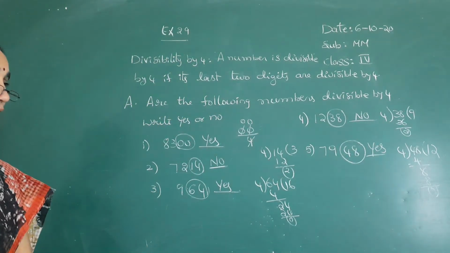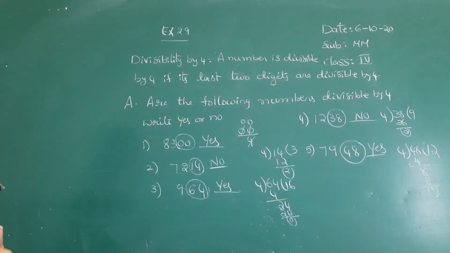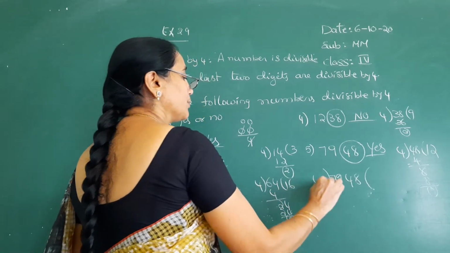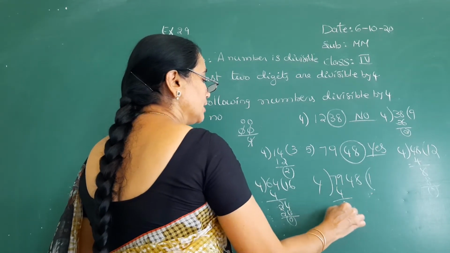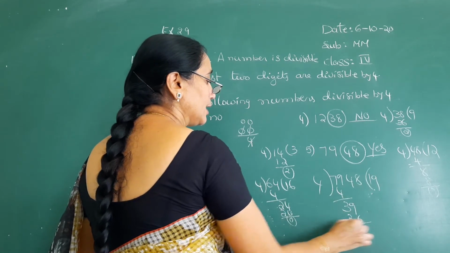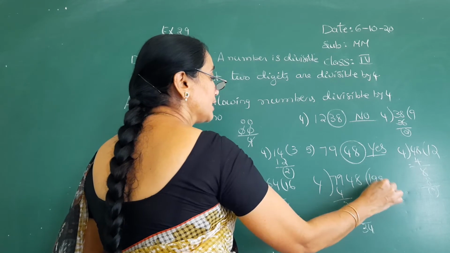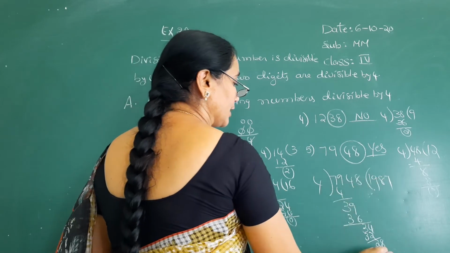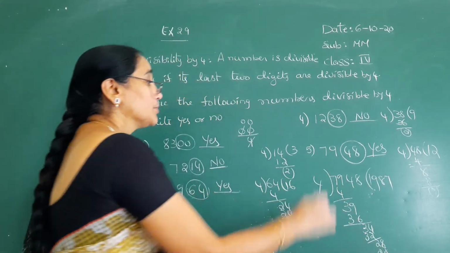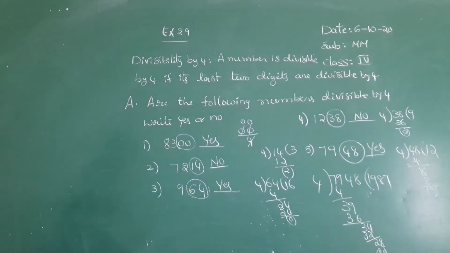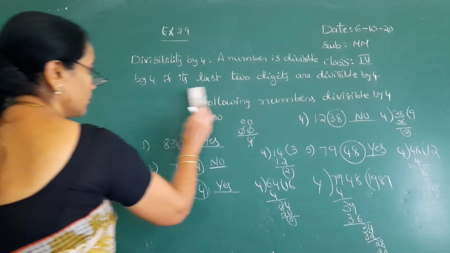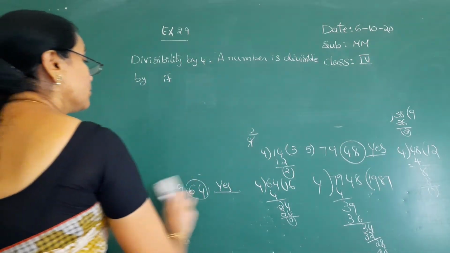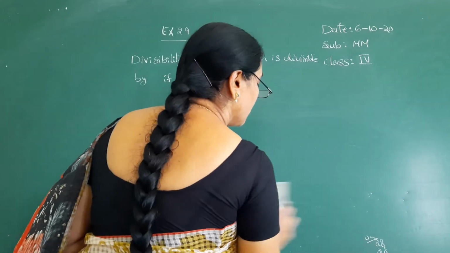This is the method to check whether a number is divisible by 4 or not. Observe, if you want to check with the division method, we have to divide the total number by 4, and it takes time. 4 ones are 4, 4 nines are 36, 3 4, 4 eights are 32, 2 8 drop, 4 sevens are 28, remainder 0. Yes, it is divisible by 4. But it is easy to check by applying that rule. The divisibility rule by 4: the last two digits are divisible by 4.